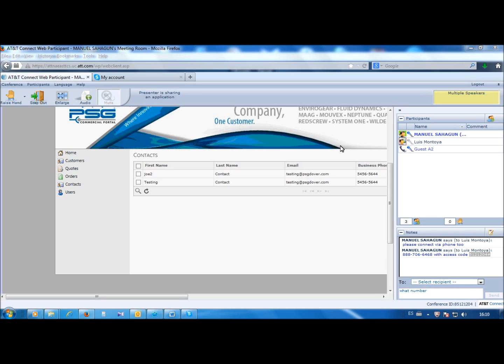Oh, okay. So you would be able to add all of your users. For example, if there's 5 people at your office, you can add them here, and then they'll have access to the portal. But like I said, you cannot order or create quotes or anything yet. Only contacts. So there really would be no point in adding them yet. When Maria goes through the training, she adds all the people that receive the training, with the appropriate permissions, so that they can go in and test the system and walk through it with her. But until she goes through that training,